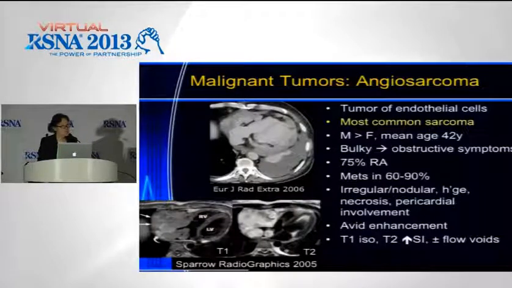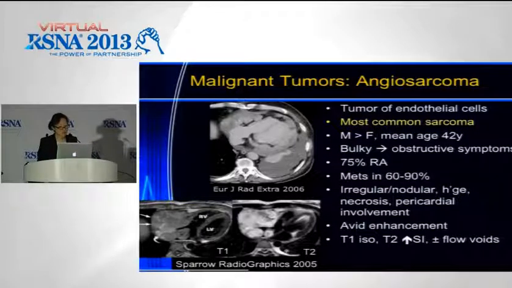So we'll just finish with a quick discussion of some malignant tumours, beginning with the angiosarcoma. This is a tumour of endothelial cells. It's the most common sarcoma and the most common primary malignancy we'll see. It's usually found in middle-aged males, and these are bulky tumours. They cause obstructive symptoms. They're usually centred on the right atrium, and most of them have metastasised at the time